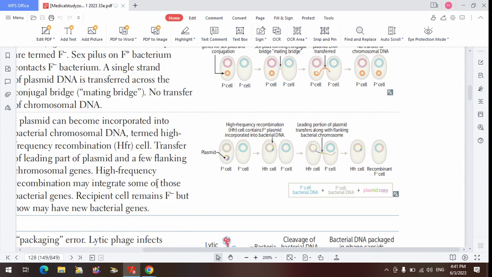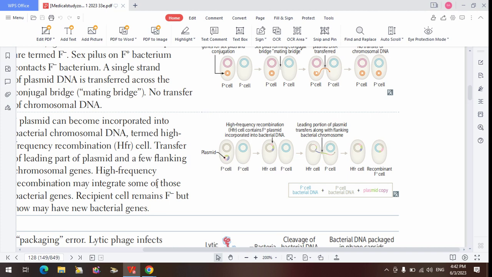So initially for the high frequency recombination, what happens is that the plasmid is incorporated into the chromosomal DNA, right? Yes. That's what gives you the high frequency recombination cell. And then, by virtue of the sex pilus, which is still present within the plasmid, which has now been incorporated,